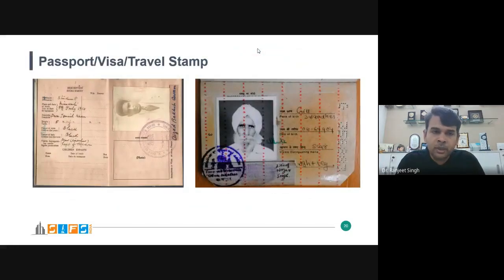So these are the passports issued earlier. If you see the passport of the earlier time, there was no number, then it was a perforated number. Here you can see, and the information was handwritten only, not typed. And in handwriting it is sometimes very easy to add more names or edit the name and other information or make a false